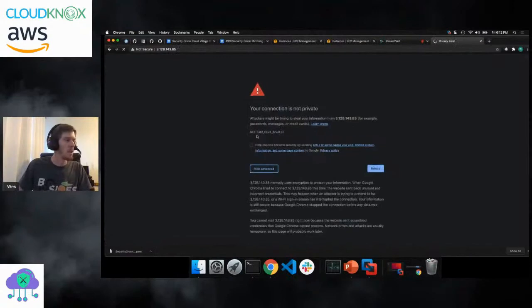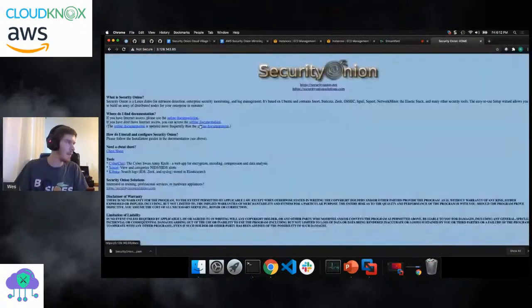Okay. So getting here, of course, it's a self-signed certificate. Obviously, you would want to change this if you deploy it in your environment, but for us, it's just fine. For Catalina, it's annoying. So we type "this is unsafe",